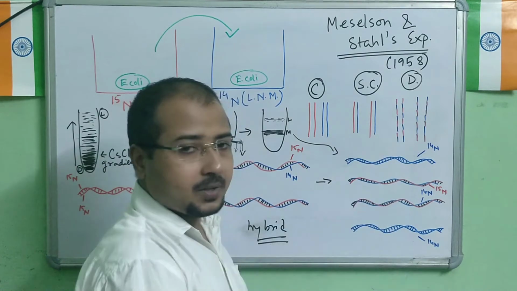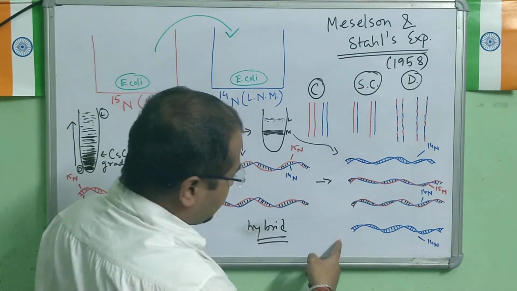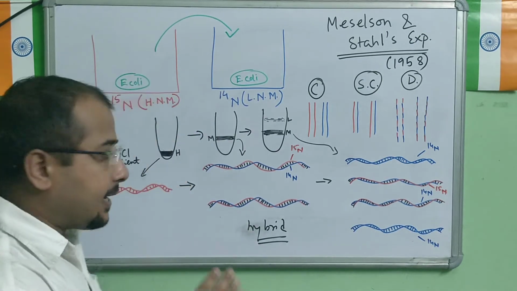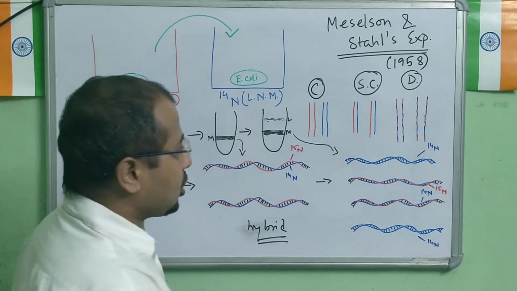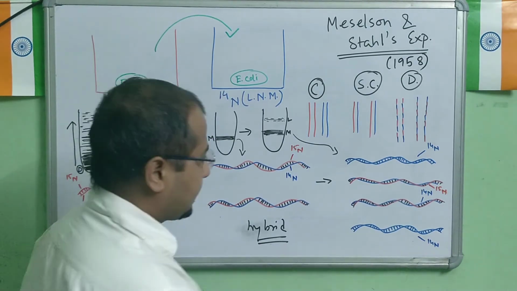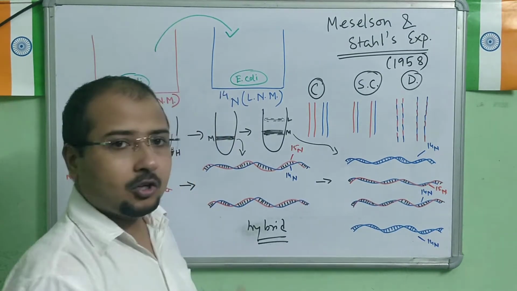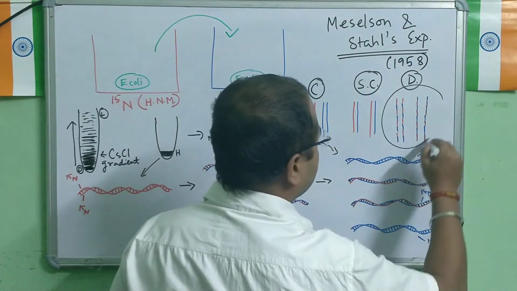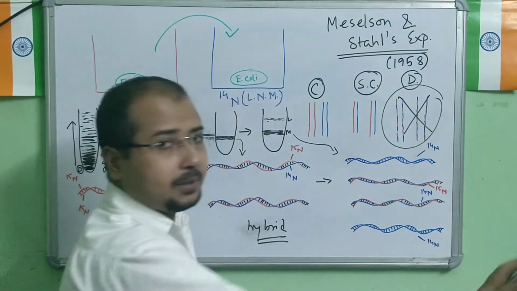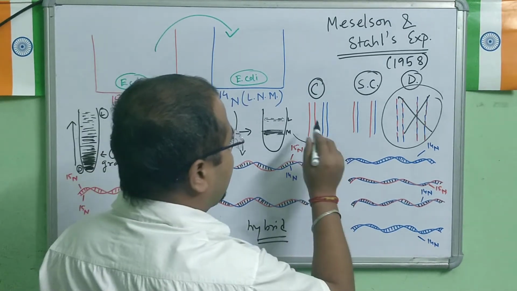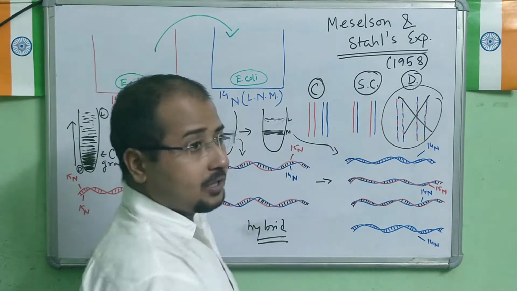Combining, so mixing up. So can you see any of this generation and this generation? If you see, can you see any of the DNA that develops with this kind of combination? Old, new segments. Can you see here any? No. It means that this dispersive is cancelled. This is not applicable. Now we are left with the conservative one and semi-conservative one.